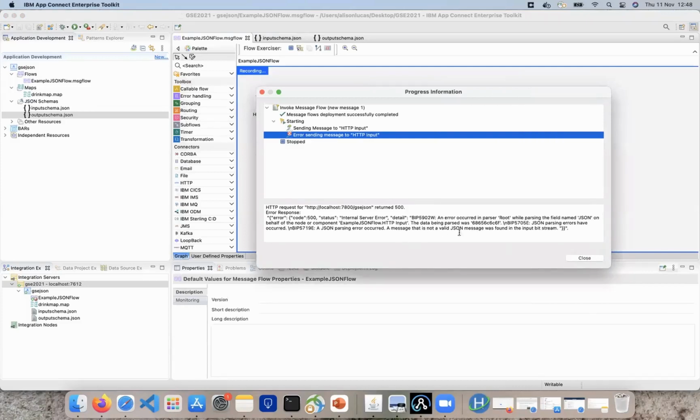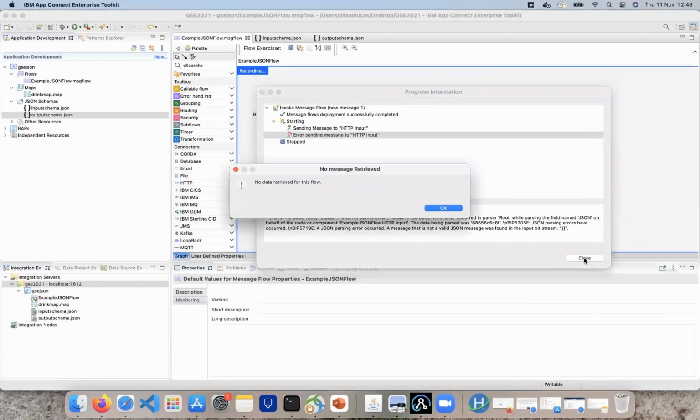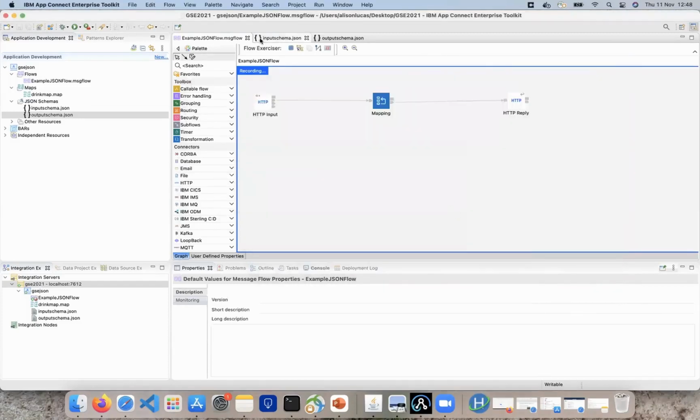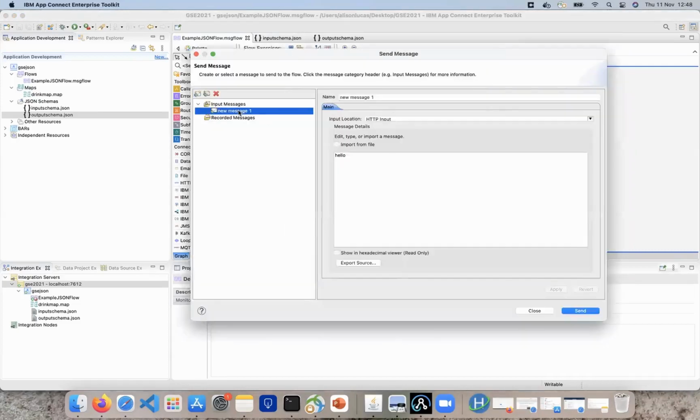By the parser because it's not valid JSON. So that's not new. We've always been able to do that. But what it does is that it can also check that it's now according to the schema. So if I just try to send some valid JSON,